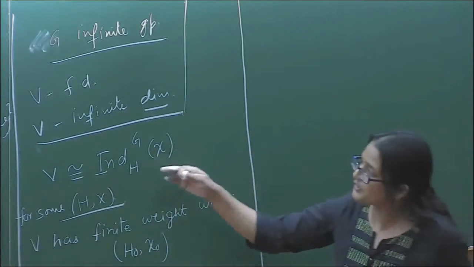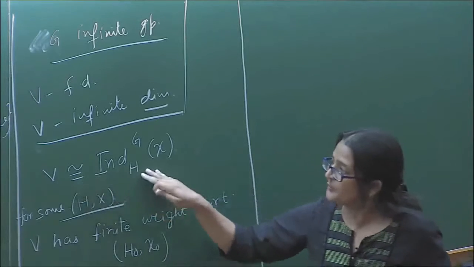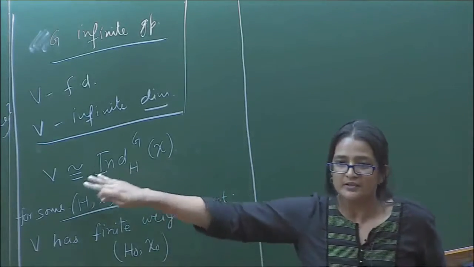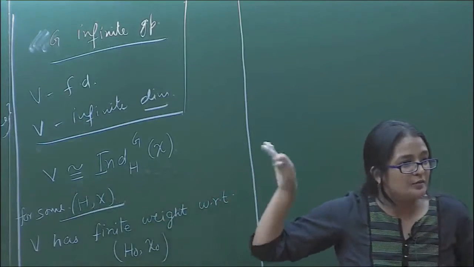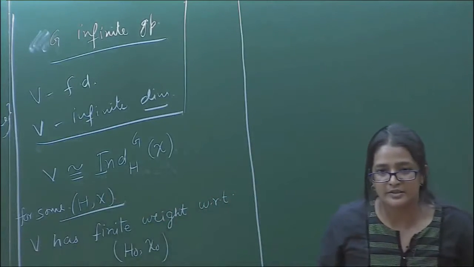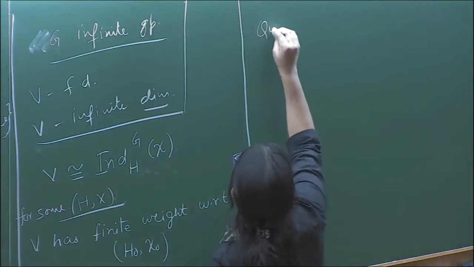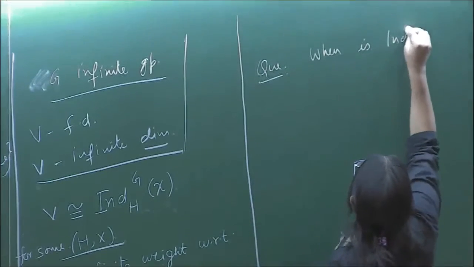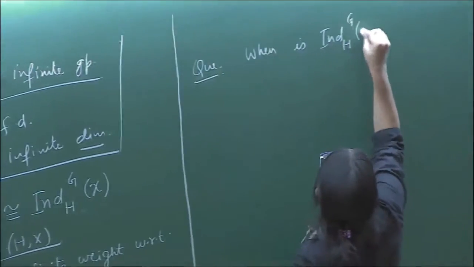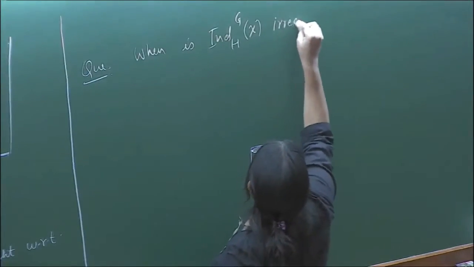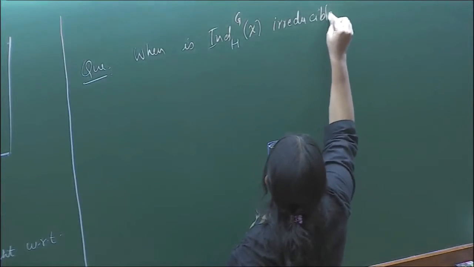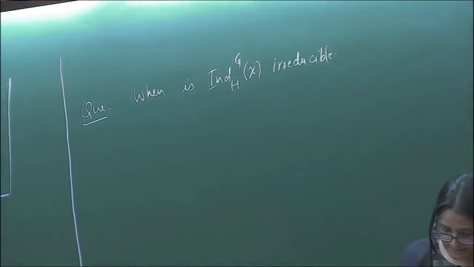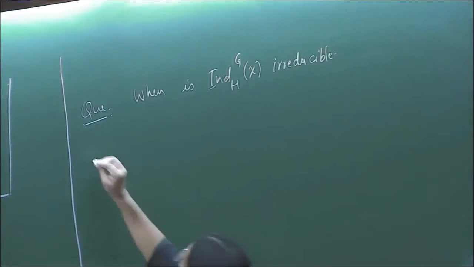So then the first question that one asks is, if I want to prove this is isomorphic, that means this representation has to be irreducible, right? V is irreducible. So I need to ask, when is this induced representation irreducible? And here, if G is finite, I know that a representation is irreducible if and only if